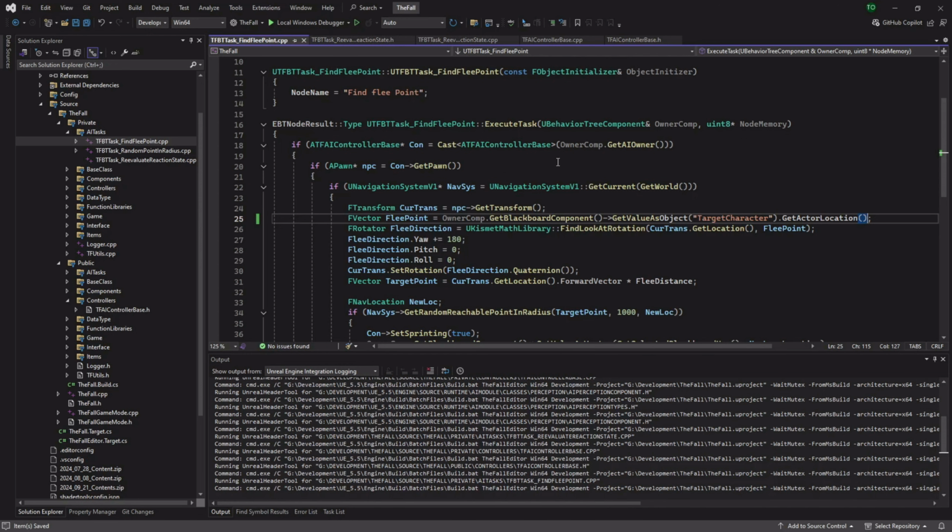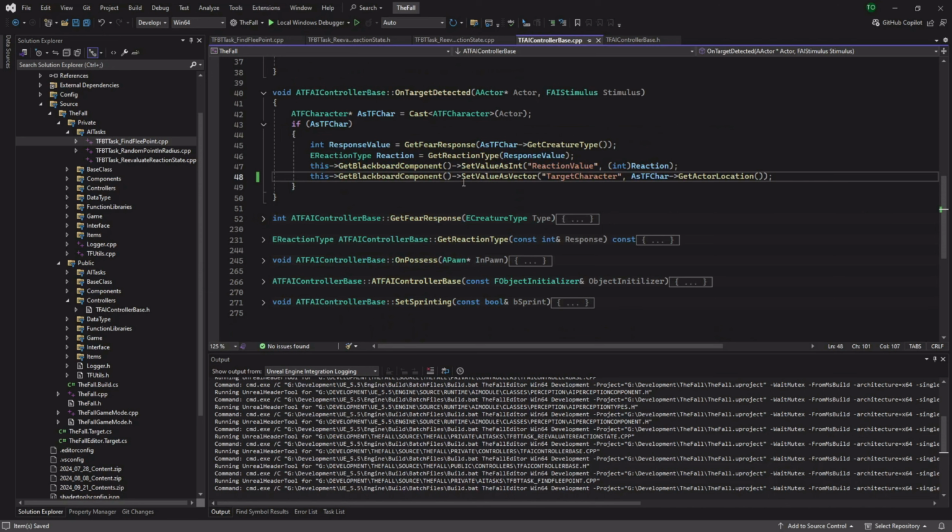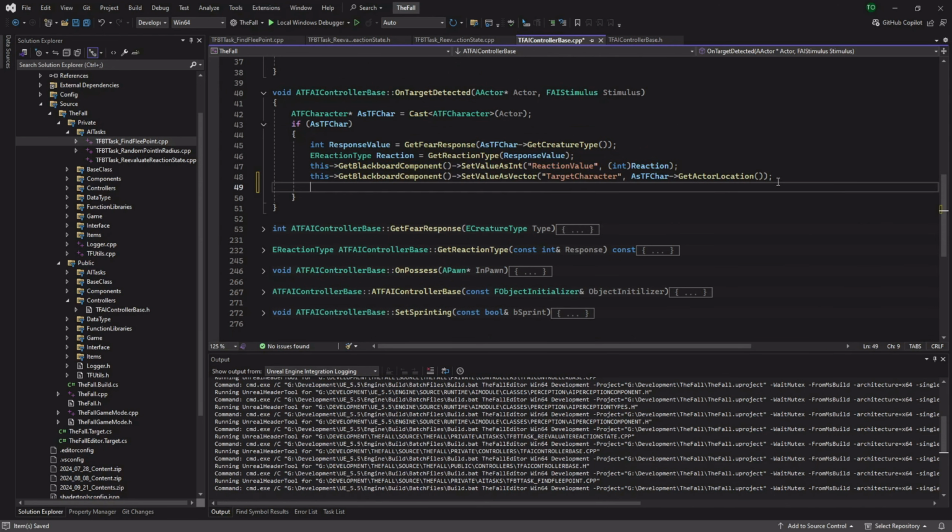The other thing we need to do with that, though, is in our controller base, we actually need to set that. So this, actually, I can just copy most of this here. Again, my fingers are off place. Set value as object. I'm just going to